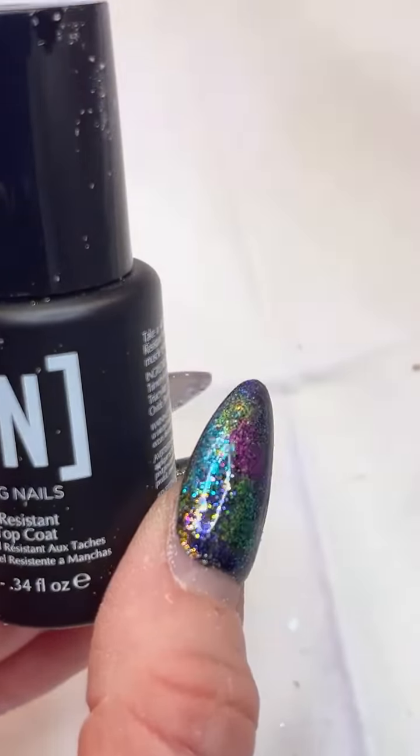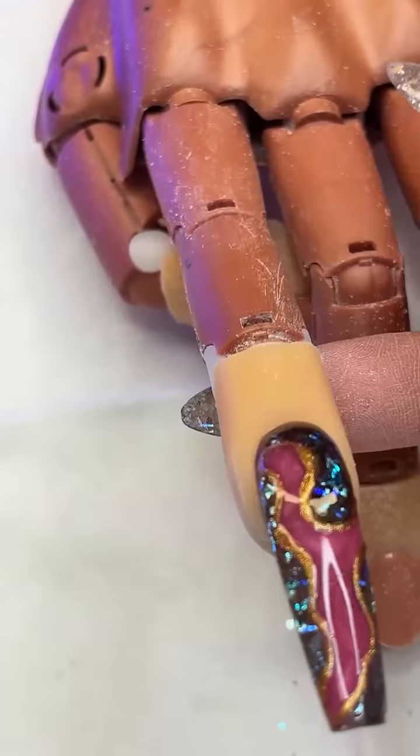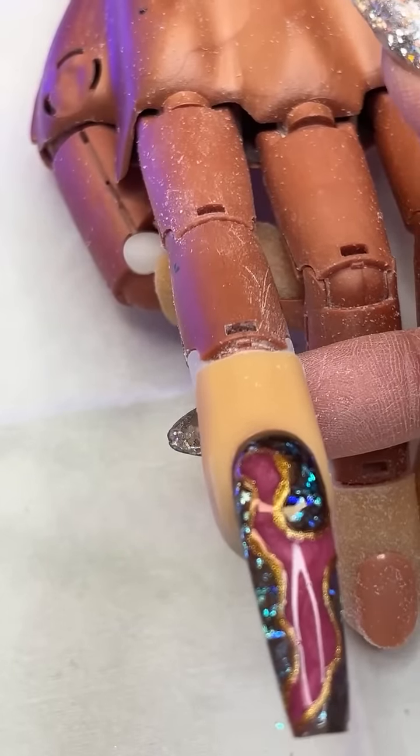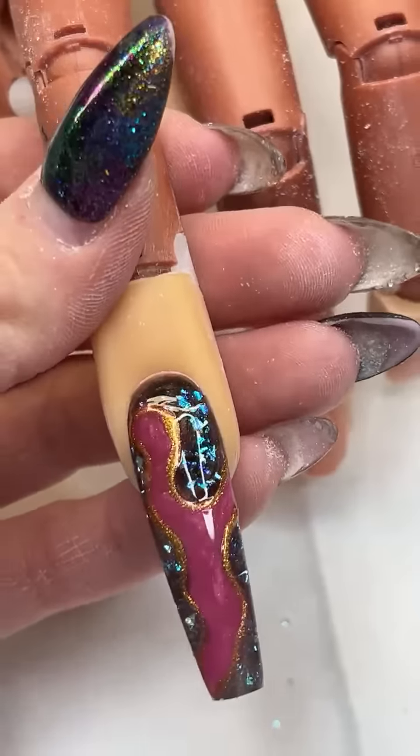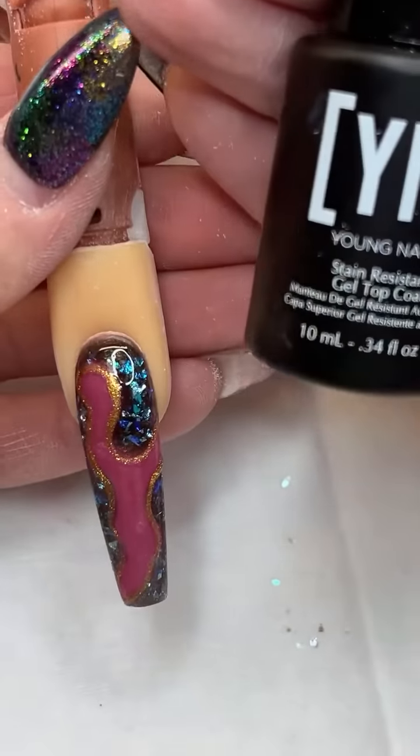Okay, so let's grab this out of there. And oops, let me turn my light off really quick. Okay, there we go. And I will tell you guys one other thing, that the stain resistant right now is